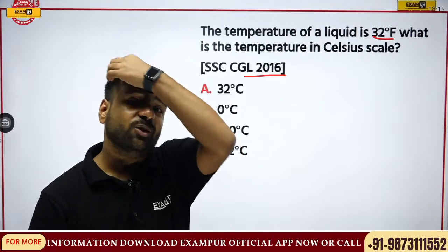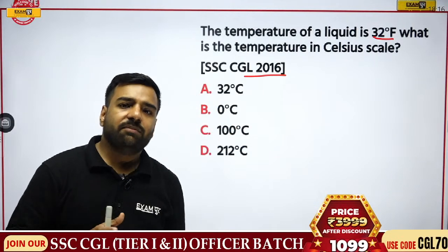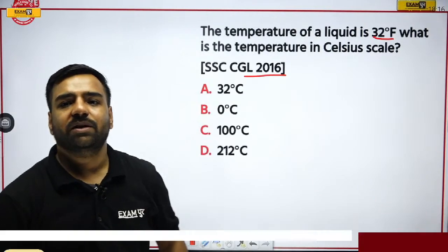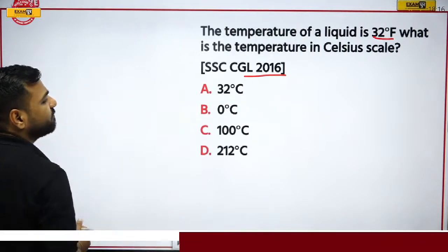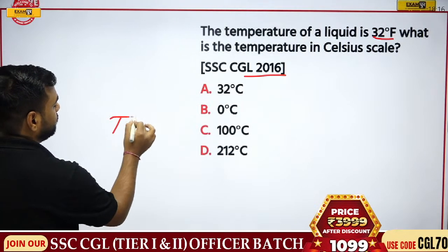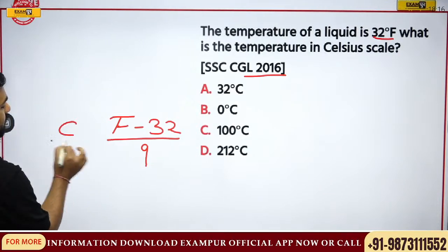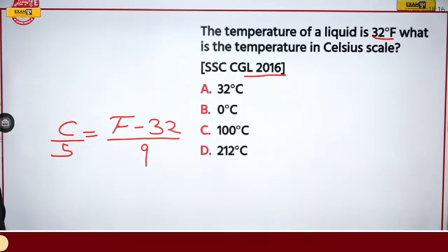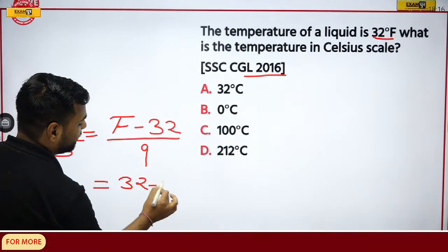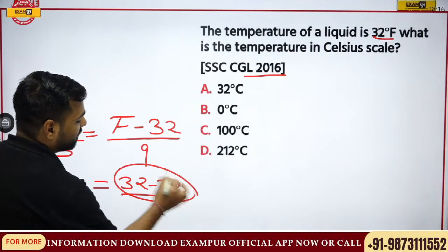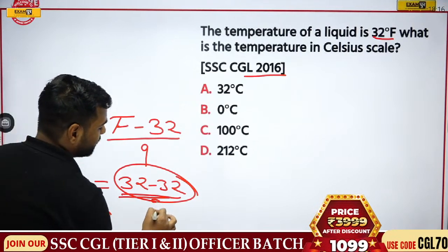Now just have a look. What kind of question was asked in the CGL? But yes, calculation can be made tougher this time. Competition is quite high. So Ganesh says 0. That's totally correct. If I go with this part, we know that the formula is (F minus 32) by 9. And it's very obvious when we are talking about 32 degree Fahrenheit, we are talking about 32 minus 32. No need to go with further calculation. If this is 0, this means C's value is also going to be 0, right? So yes, you're totally correct, 0 degree centigrade.